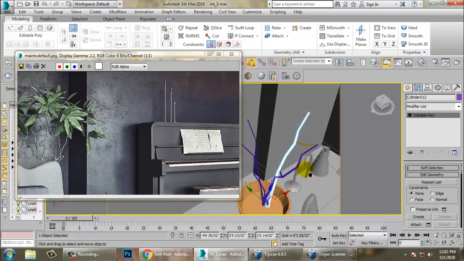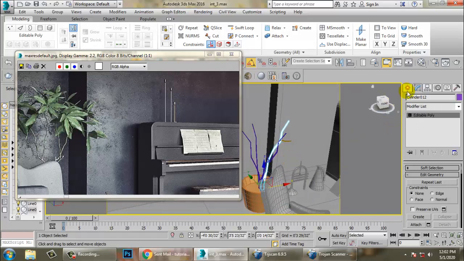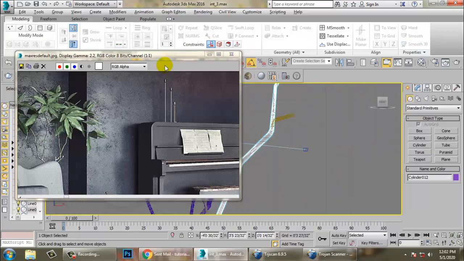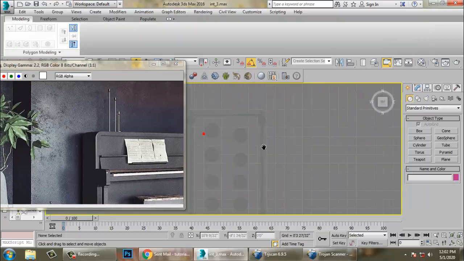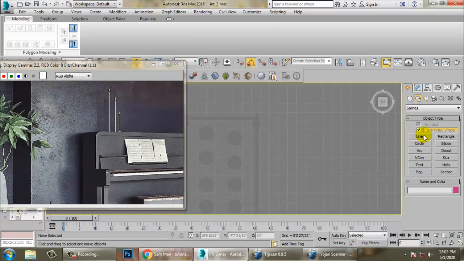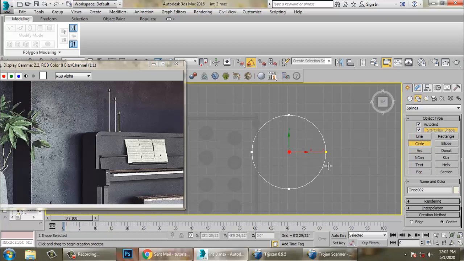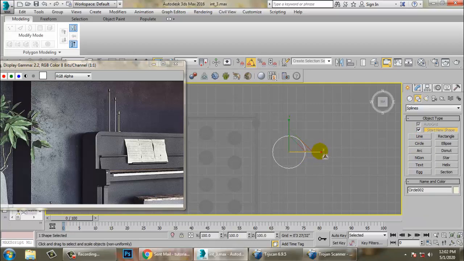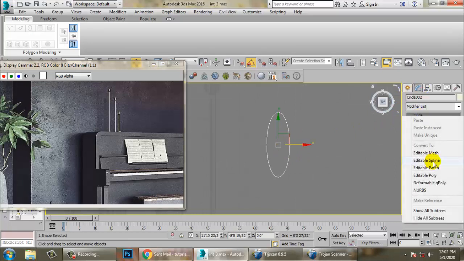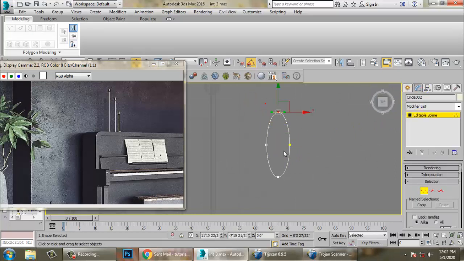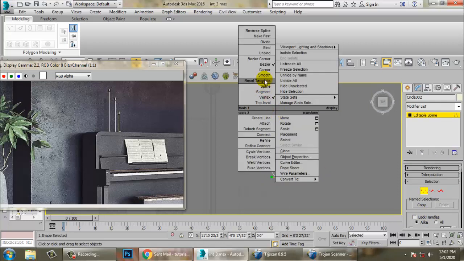For creation of a leaf, let's go to the top view. Let's take a circle, scale this. Once you're done with this, right click, convert to editable spline, select this and this, right click, and make it a corner.